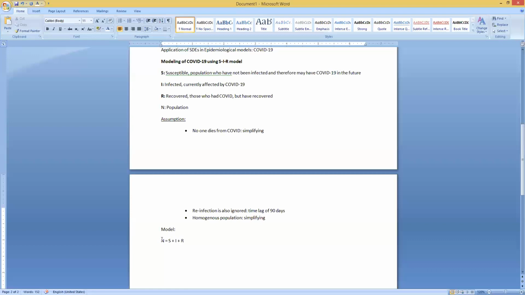If we assume that the population is constant, so there's no birth and no death rate, then at any point of time, N is equal to S plus I plus R. Again, we can incorporate death, we can incorporate births also. In that case, N is going to go up in every period. But let us assume that N, the population, is constant, and for a fairly short period, the growth is not that much.